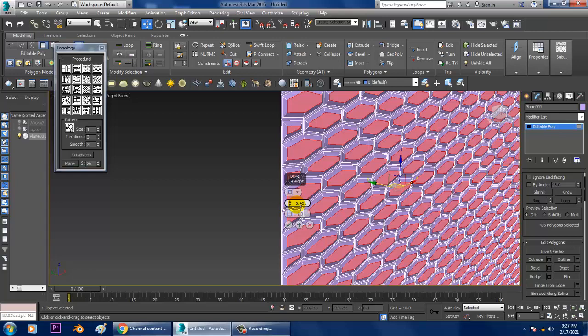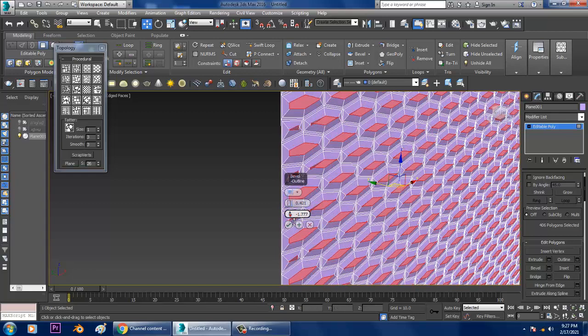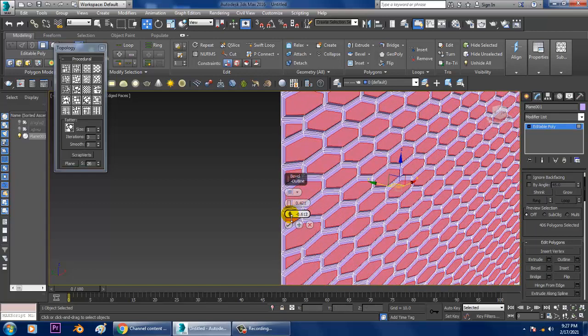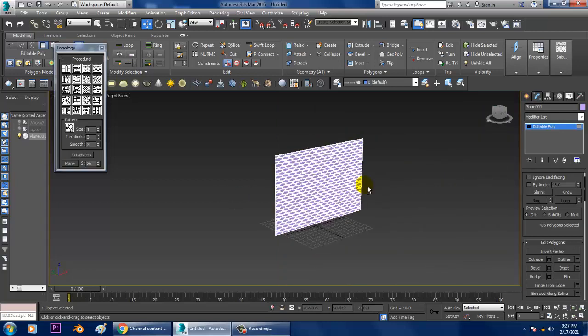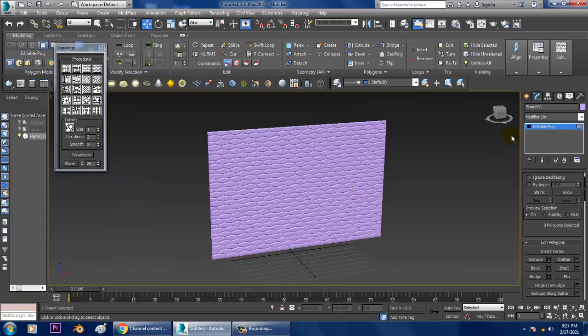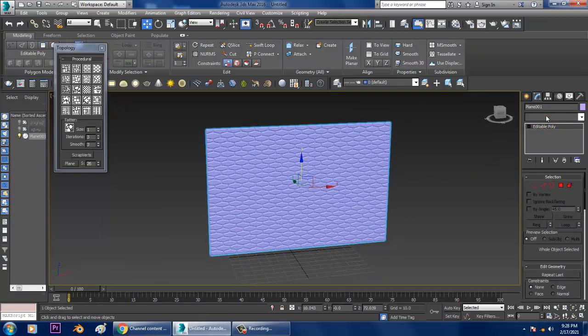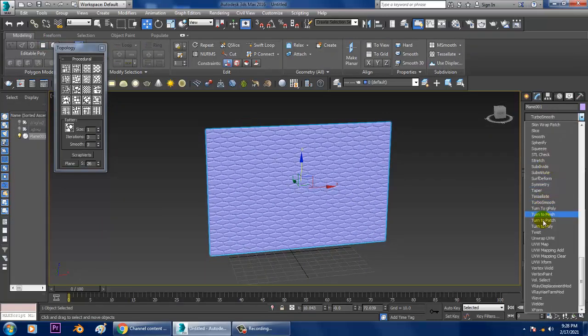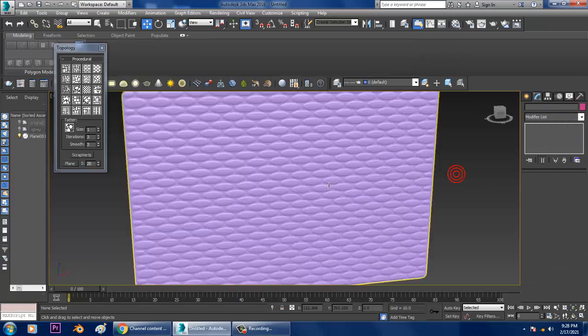Now I can work with this stuff and let's click OK. Once you're done, let's give a turbo smooth over here, so it looks much better.